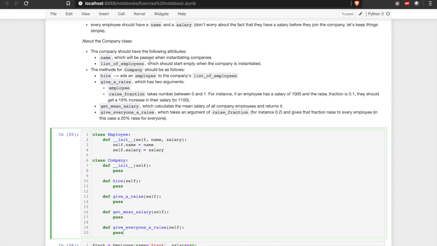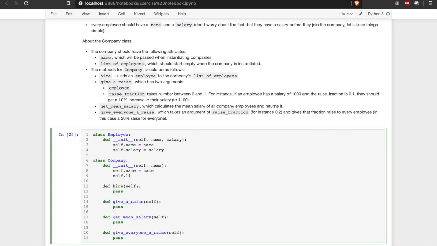So what does it take? It takes a name and a list of employees, which starts empty. So this is super similar to what we've seen before. Just need the name, self.name equals name, self.list_of_employees equals, well, an empty list. By the way, this is quite important to get the types right, because if I do None or something like that, it will come back to haunt us. If I remember later, I will replace this with None to see hell break